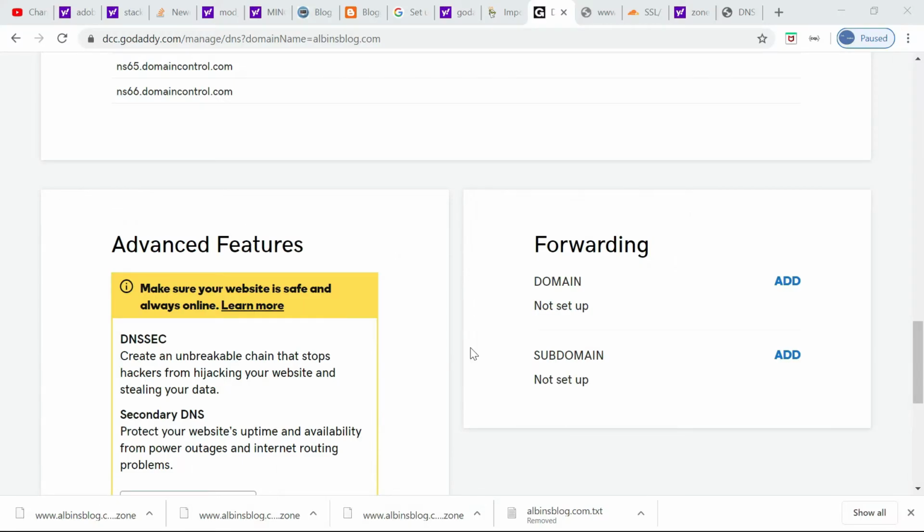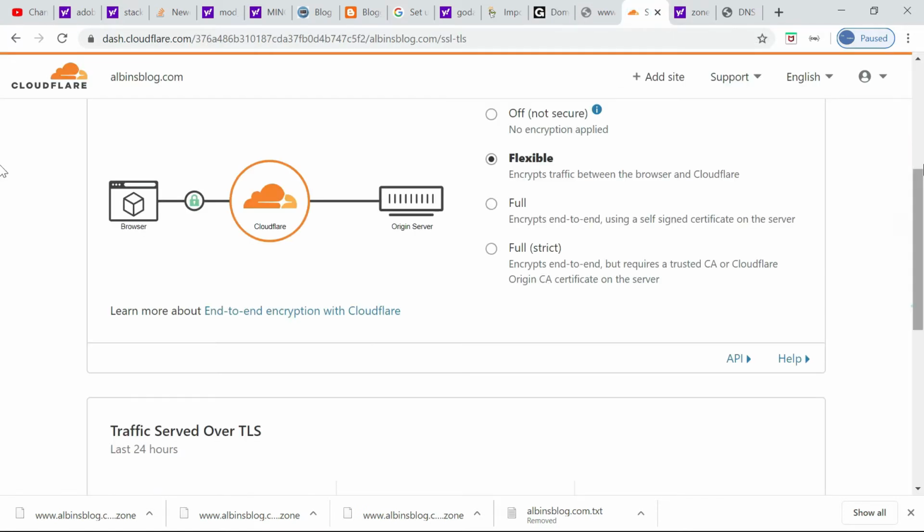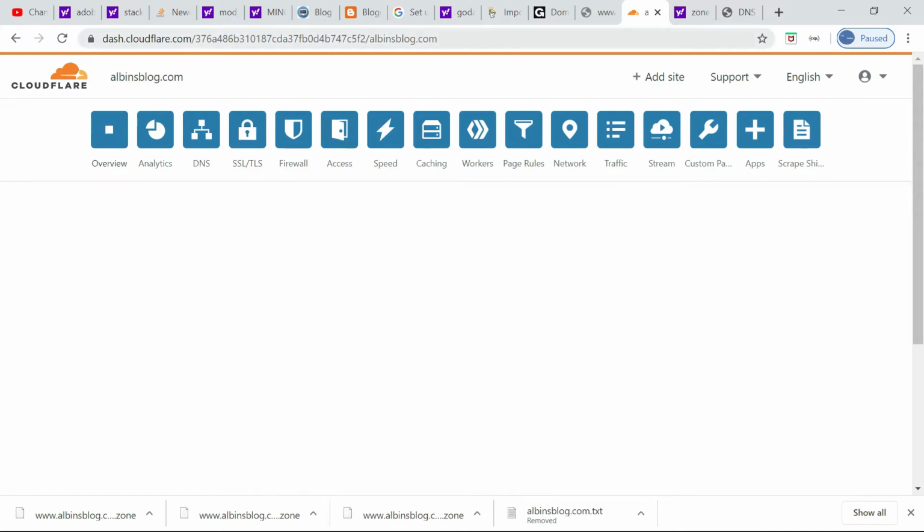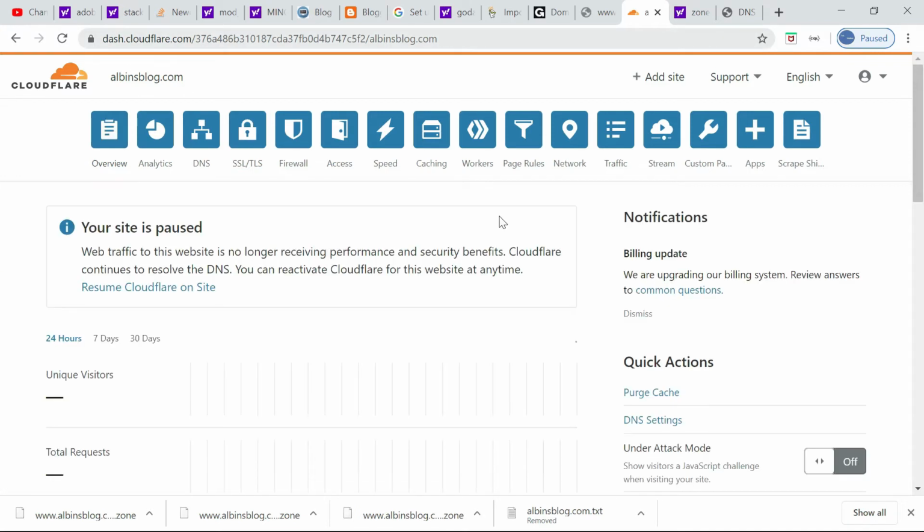Okay, so that concludes the default option. The next option is that maybe I want to use Cloudflare, as I discussed. It's a kind of proxy server, so it will help you to have some extra configurations. So I'm going to use that.